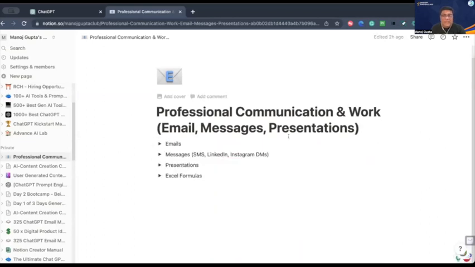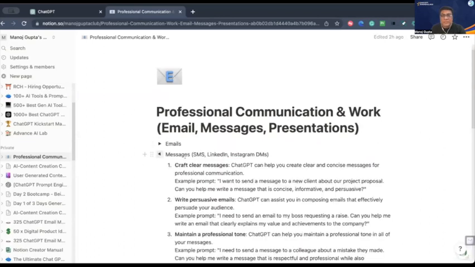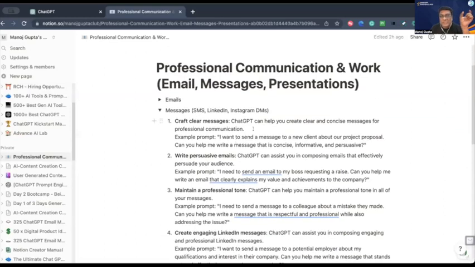All right. Second is your messaging part of this. In messaging, अगर आप बिजनेस ऑनर हो, ओके, अगर आप एसएमएस भेजते हो या व्हाट्सएप भेजते हो, वो बहुत ही कंक्रीट एंड शॉर्ट होना चाहिए. You can use this clear message, okay, to create your SMS, short messages or WhatsApp messages for business people. But if you are a professional, you can use LinkedIn to create the right professional message to your customers, to your team, or to your entire professional network and all.